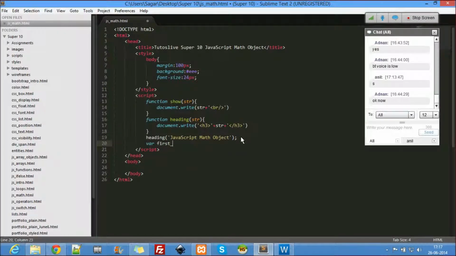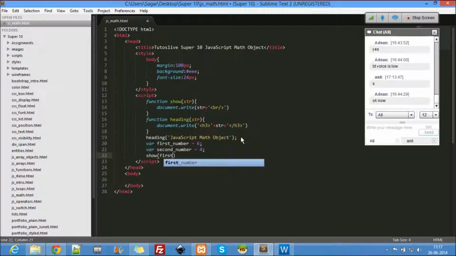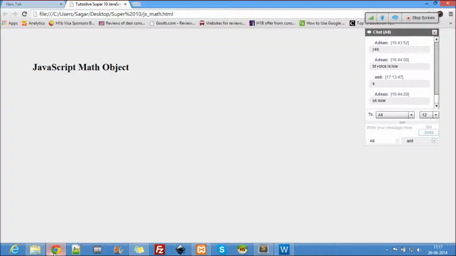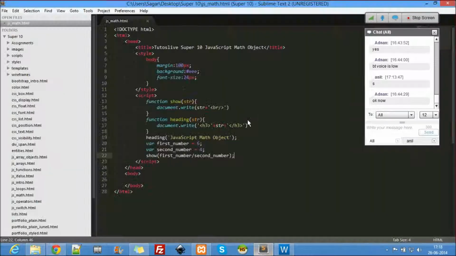Where first number equal to 6, where second number equal to 4. Okay, so now show first number by second number. So now let's see what's the answer here. Alright, so 1.5. That's fantastic.